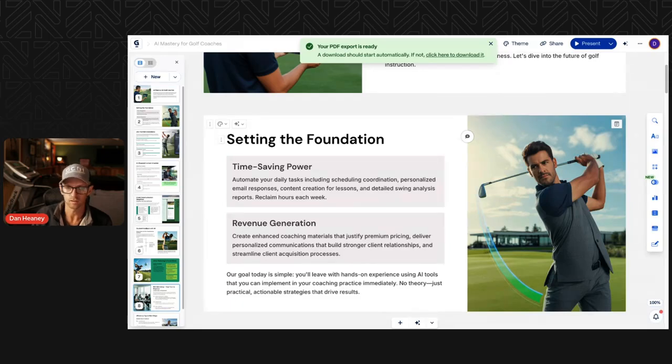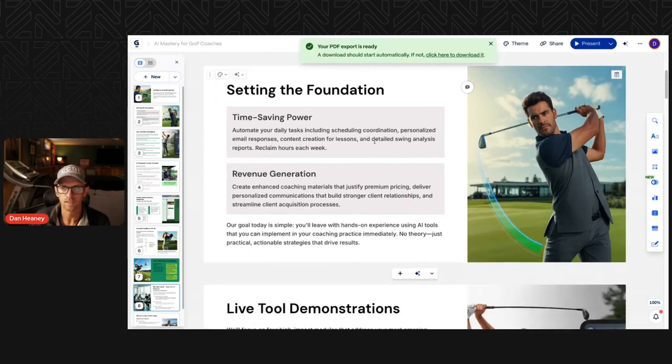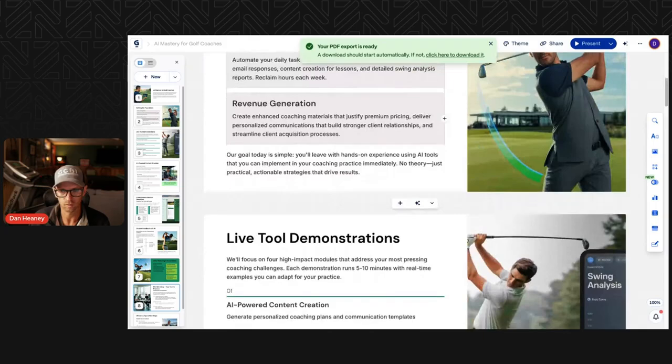And both of those things are huge, because obviously if you can get back more hours, you can put that towards revenue generating activities in the business. And if you can utilize AI to get yourself out there more online, to come up with premium packaging, to deliver personalized communication at scale, to be able to reach more people through social media, all of that will ultimately lead to more students and more revenue for the business overall, and more personal income for you as well.